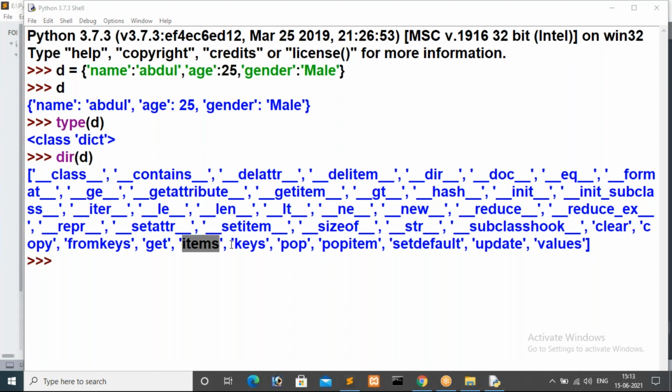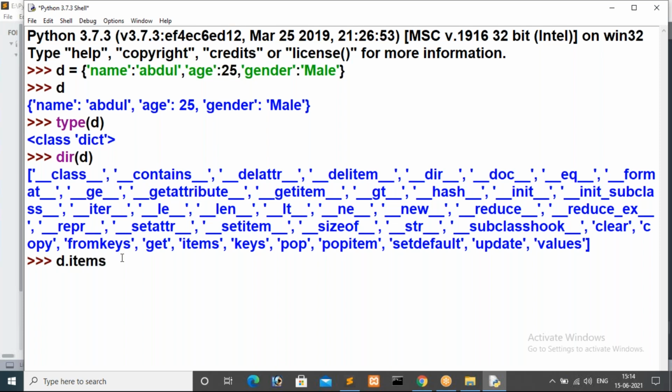What does this items method do, guys? What will it return when I call the items method? Anybody please? Suppose here we have D, I'm calling items.